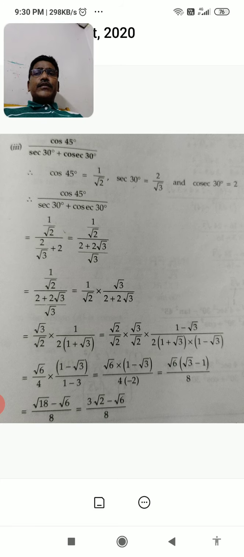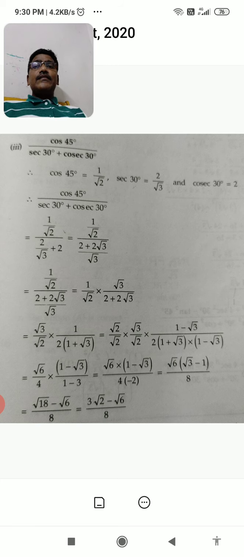So here you are going to send it into the bracket. Numerator roots are there, no problem. I told you only the denominator shouldn't have any roots. If roots are there, we simplify like this. Root 3 into root 6 is root 18, minus root 6. But we can find out root 18 by taking the factors: 9 2s are 18, 9 comes out, 3 becomes. So (3 root 2 minus root 6) upon 8 is the final answer.